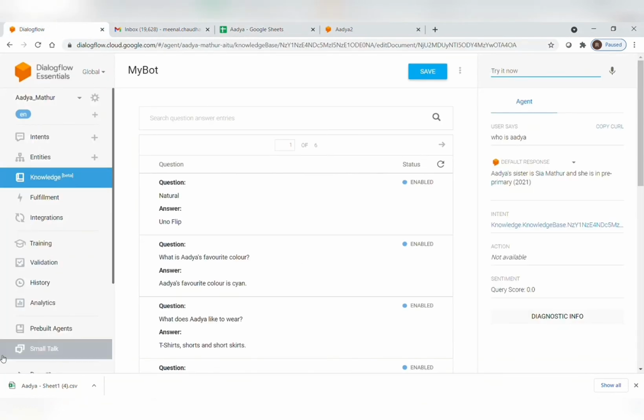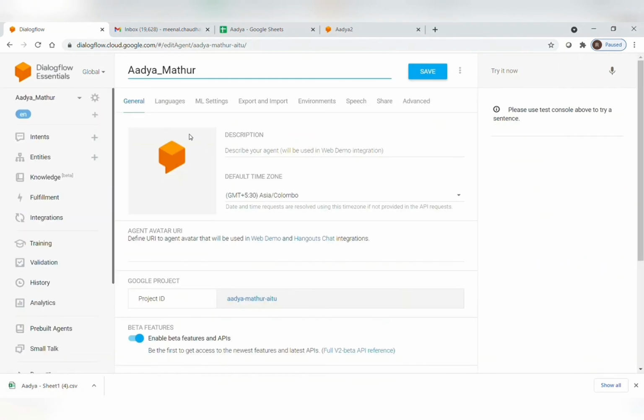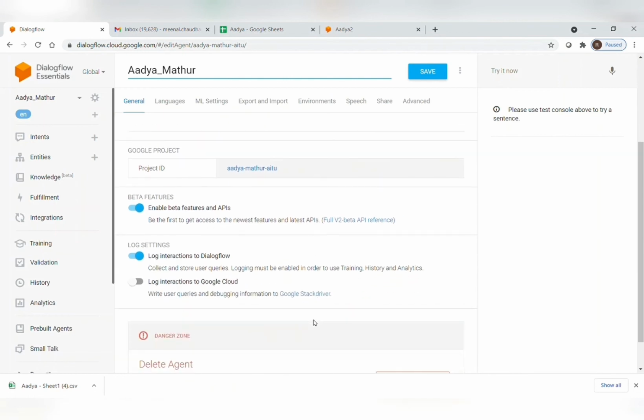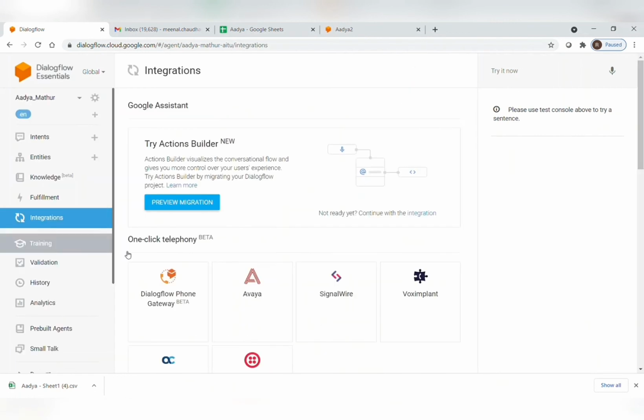So now I'm going to show you how to upload a profile picture. So now go to settings again, and now you can see this. Yeah, so it's coming out define URL to agent avatar that will be used in web demo, Hangouts, chat integrations. Yeah, so now go to integrations first.